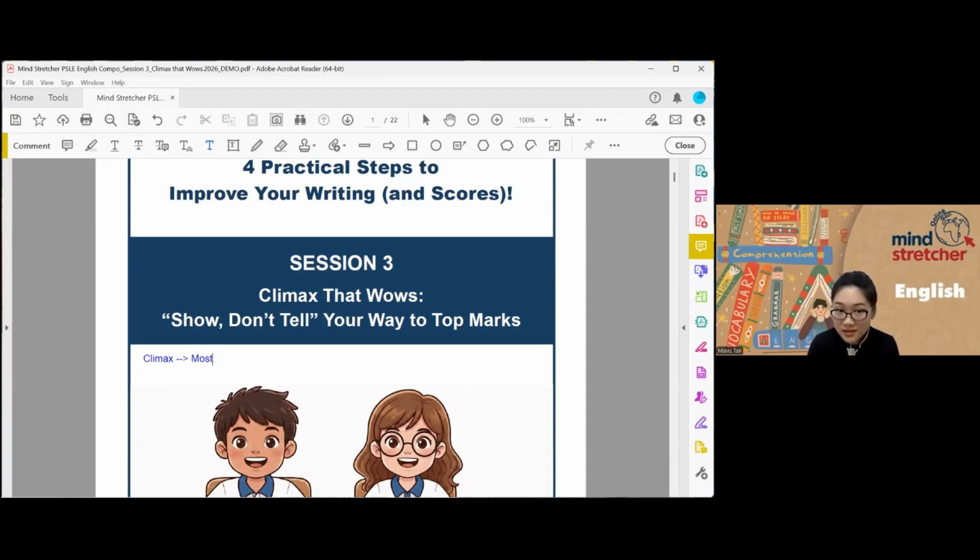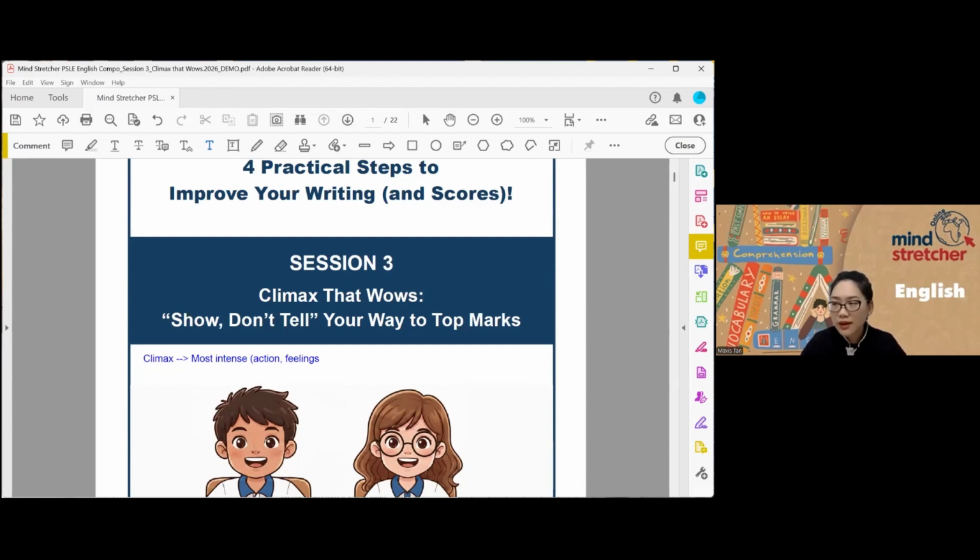Yes, it is usually the most intense. It could be action. Let's say your composition theme is related to a brawl or a fight or an argument, and therefore the action in the climax will be the most intense, where people are struggling and pulling each other's hair, things like that. So the action will be most intense. The feelings and the emotions are felt extremely intensely in the climax. And today we are going to do exactly that. We look at show, not tell.